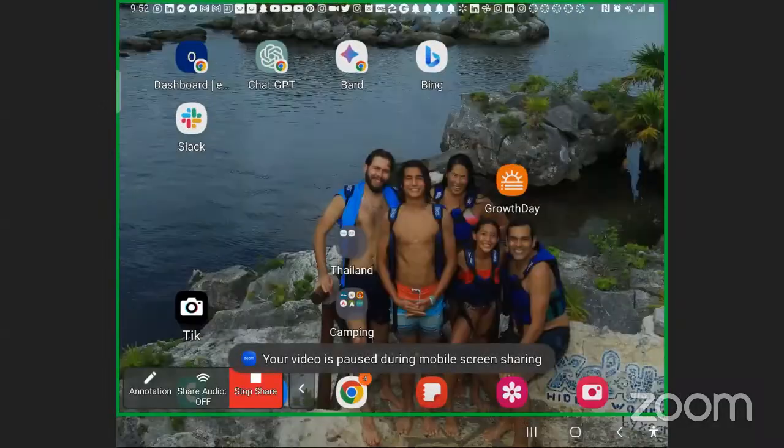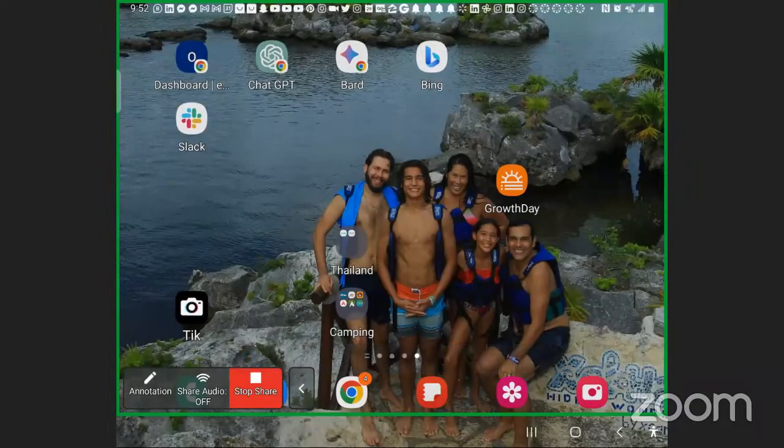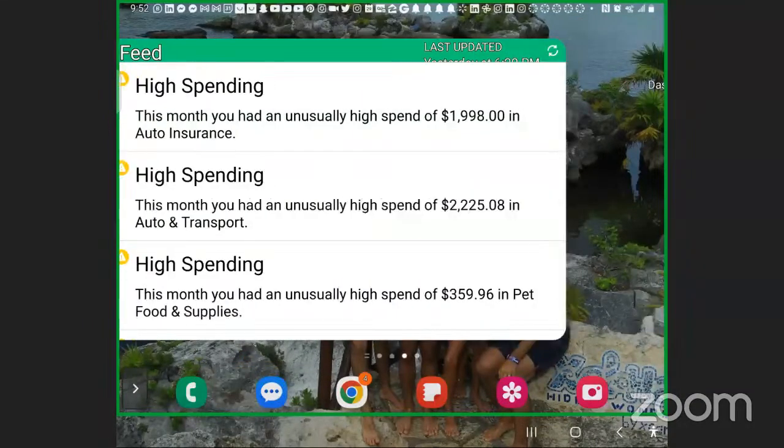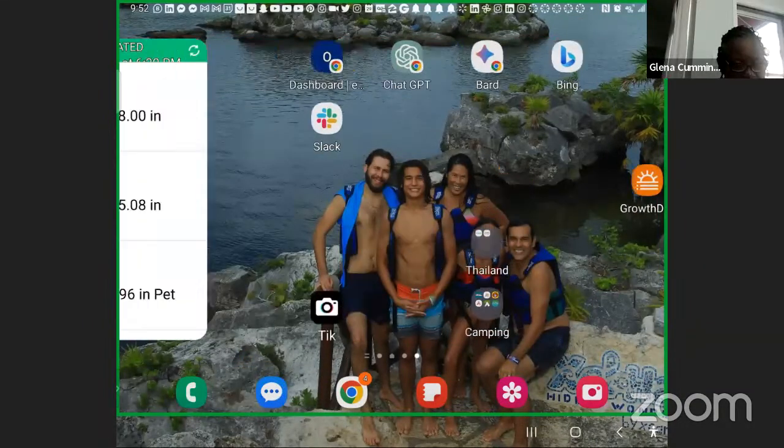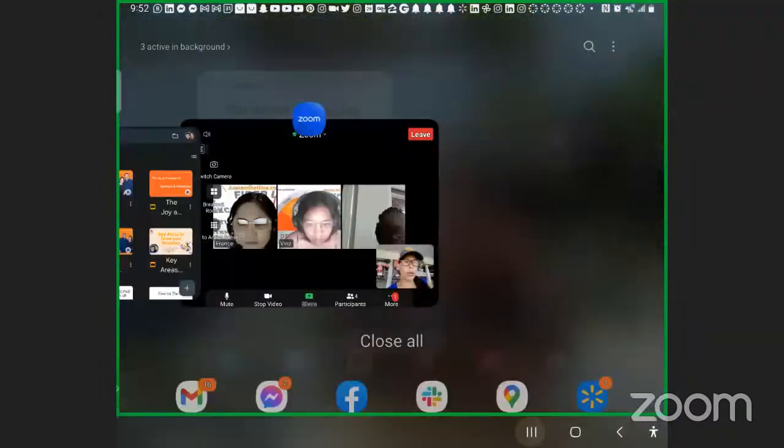Screen, start now. I'm actually in a wonderful, wonderful place in Cherokee, North Carolina right now, and I'm really super excited about that. All right, so